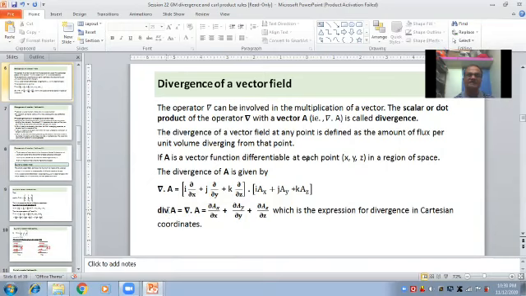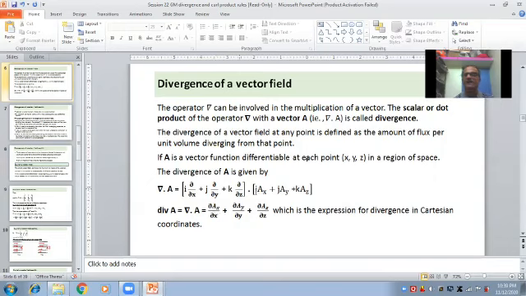You read this as the divergence of A, and it is nothing but del dot A. The scalar product of these two gives dou Ax by dou x plus dou Ay by dou y plus dou Az by dou z. This is a scalar product, so the components of similar kind remain, and the components of unlike kind vanish. For example,